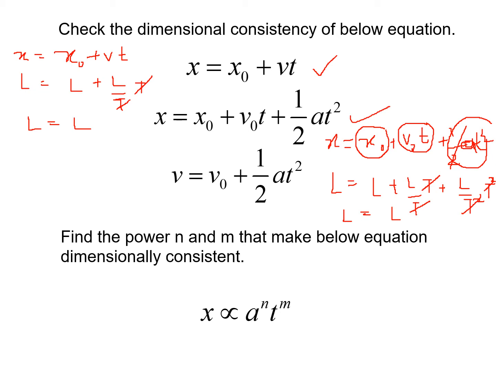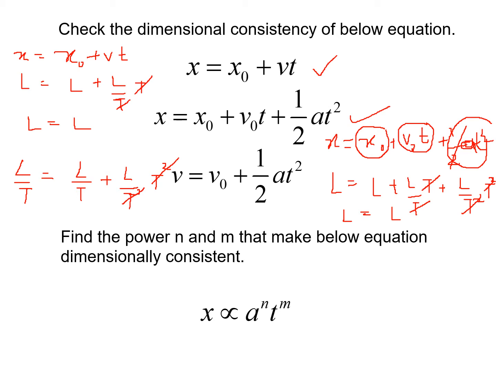And how about the third equation? So let me do it. L over t is equivalent to v. What is v? L over t also, and plus half a t squared. We don't have to put half, and go straight to a. A is L over t squared times t squared. So therefore t squared can be cancelled out with this t squared, and obviously,